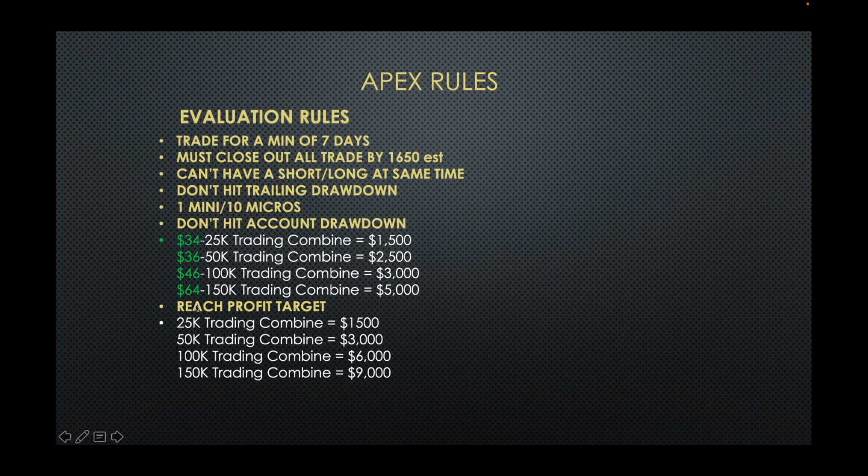So we'll say on day one for a 50K account, I need to reach $3,000 for the account in general. On day one, I make $3,001. So I pass that account technically, but I still have to trade it 6 more days because that's part of their rules. I have to continue trading 6 more days to actually pass that account.